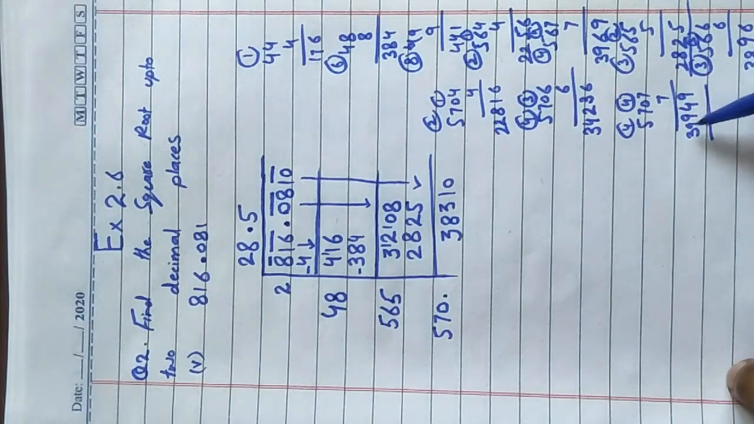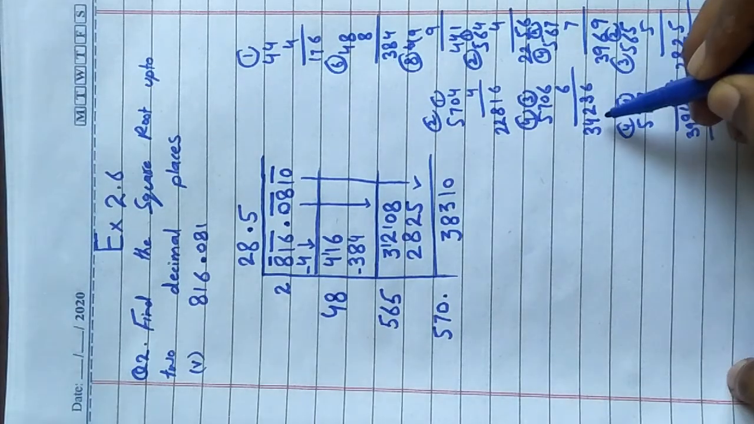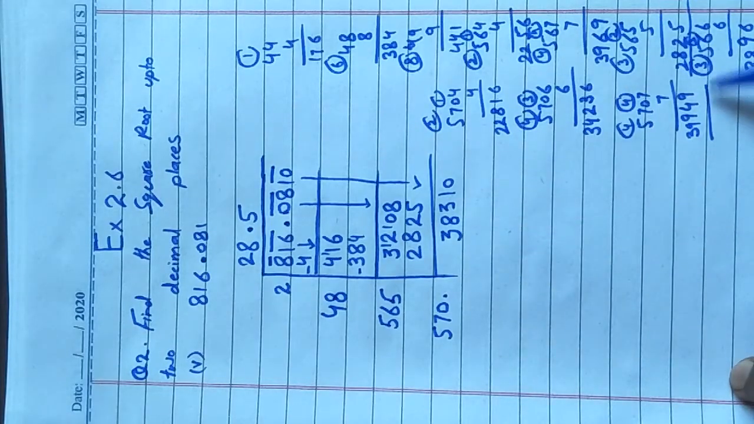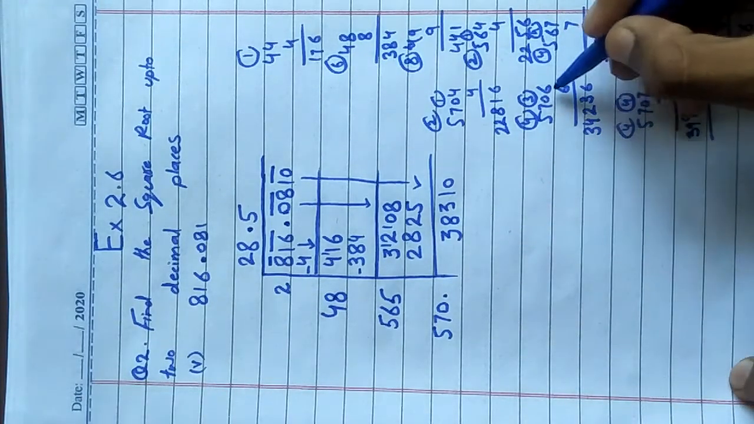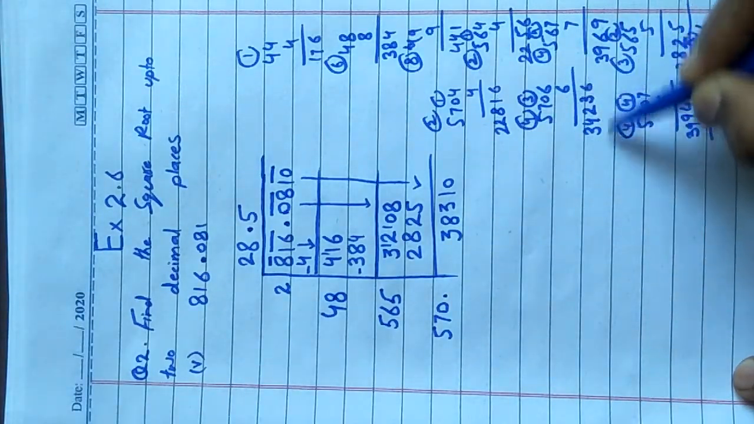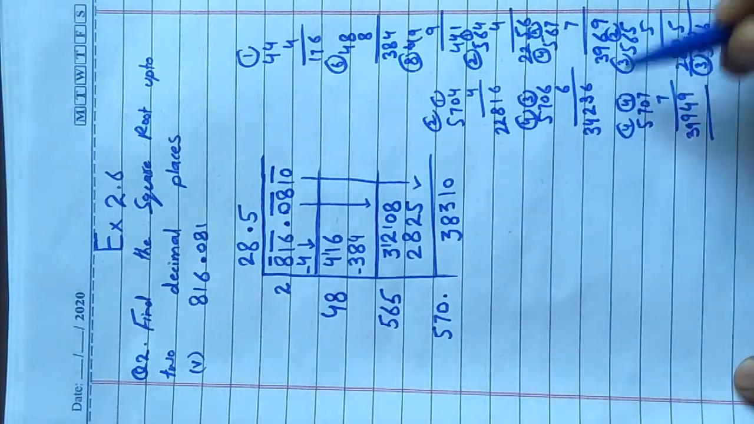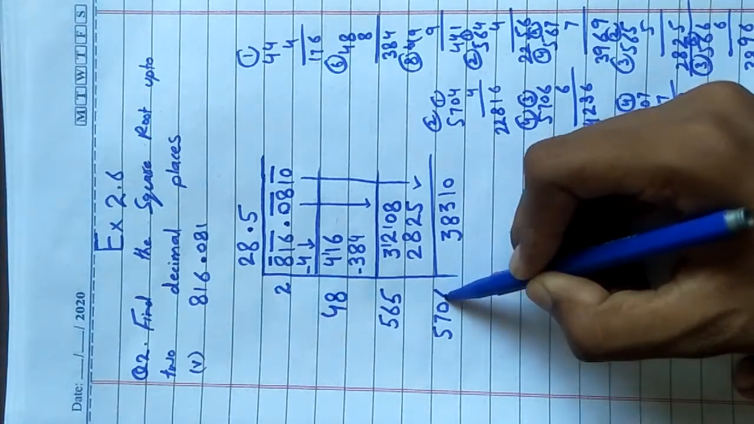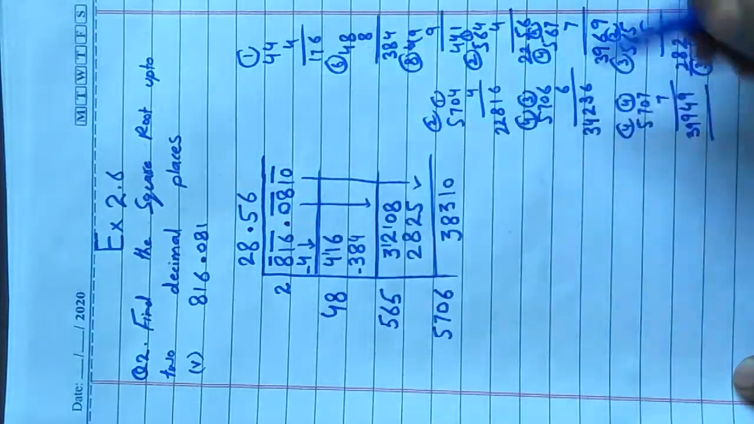Can we write this term 39,949? No, we write 34,000 because 34,000 is less than this term. This term becomes greater, so we can't write this term. Okay, so we assume here 6 because assuming 6 our answer comes nearest to 38,310. Okay, so assume 6 here and 6 here,